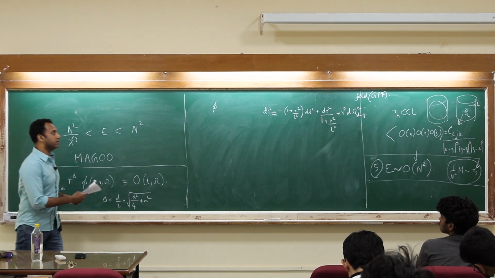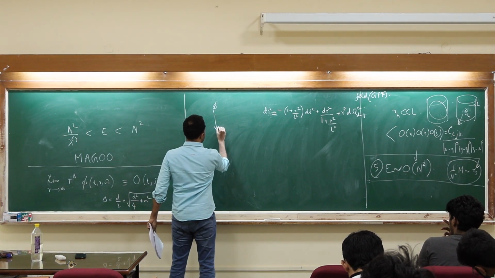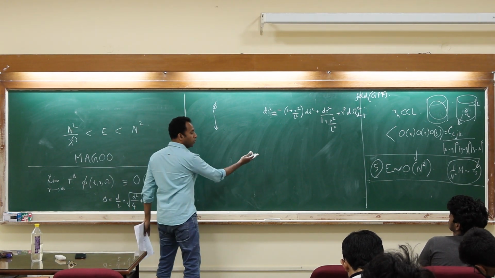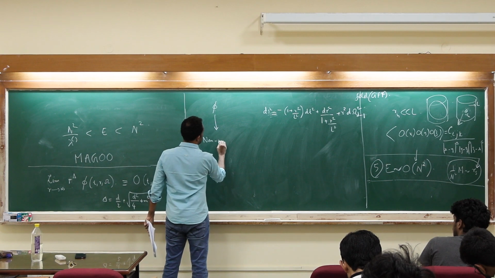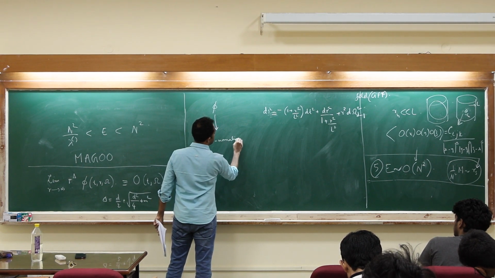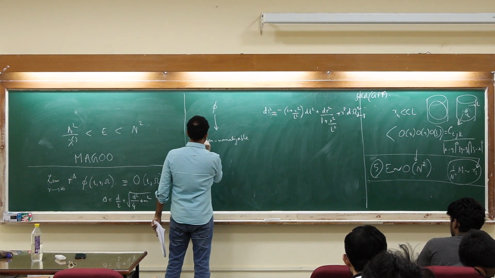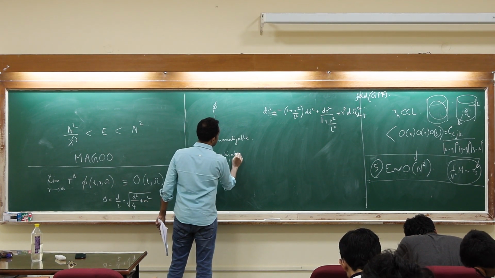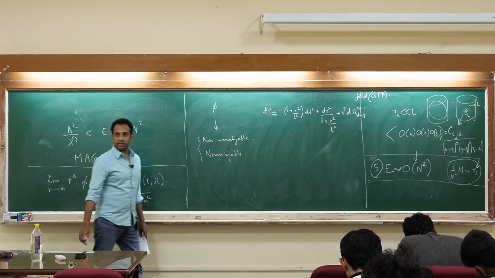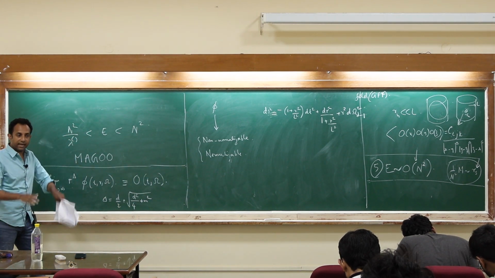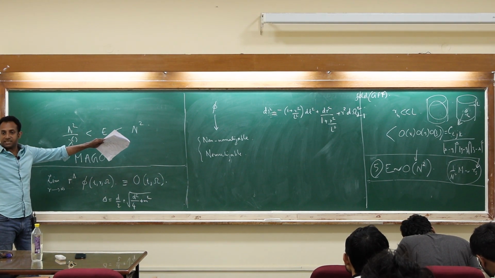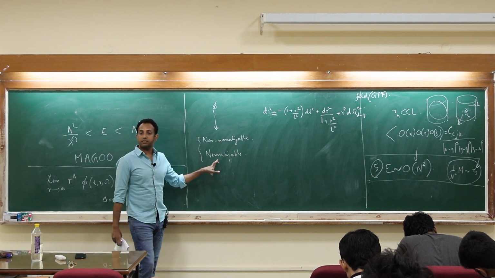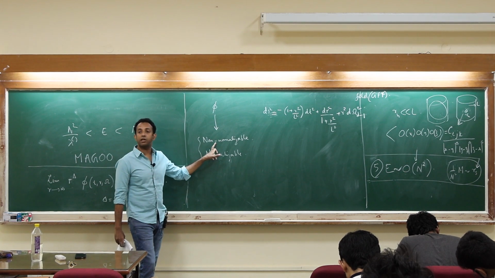So phi, because it's a second order wave equation that you're going to solve for, you will basically get two modes. One is called the non-normalizable mode, which we will not care about, and we'll always set it to 0 for this course. And then there will be the normalizable mode, which has finite energy. If you have a scalar field Lagrangian, you can compute its Hamiltonian. That Hamiltonian will be an integral on the spatial slice, and that integral will be finite for the normalizable mode. For the other one it will not be.